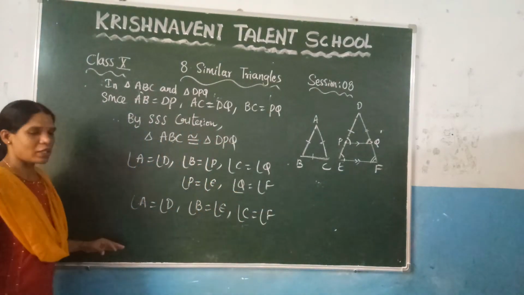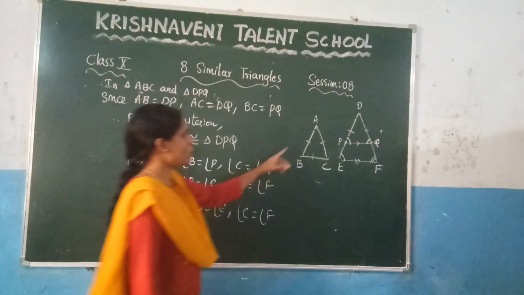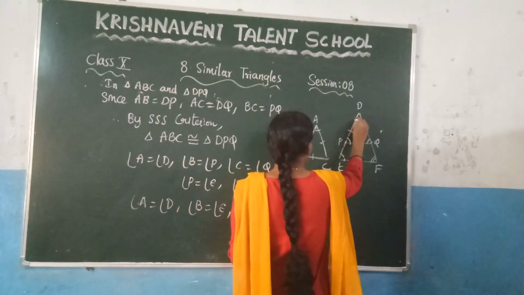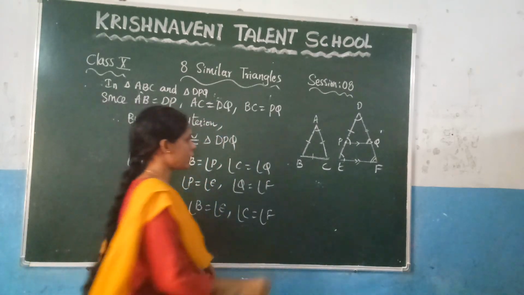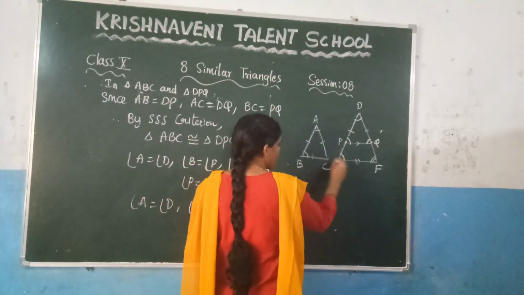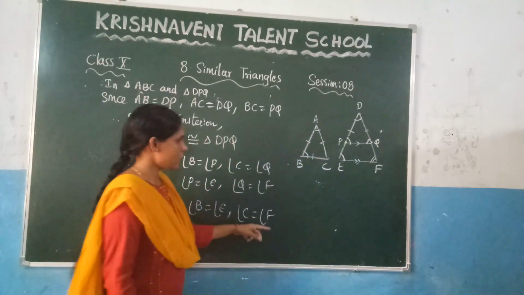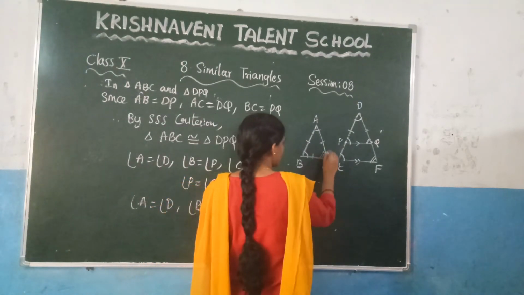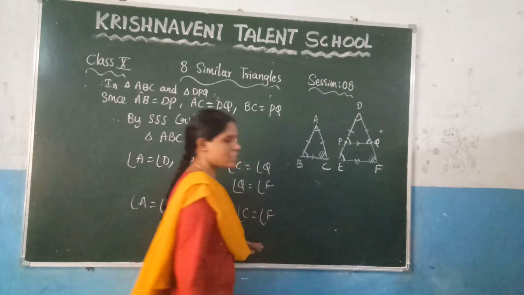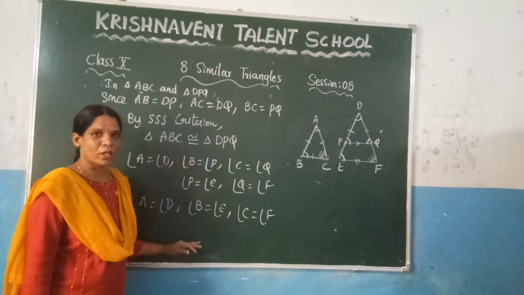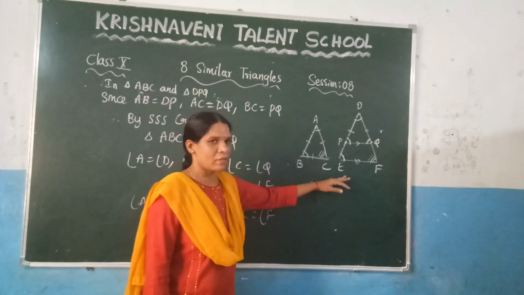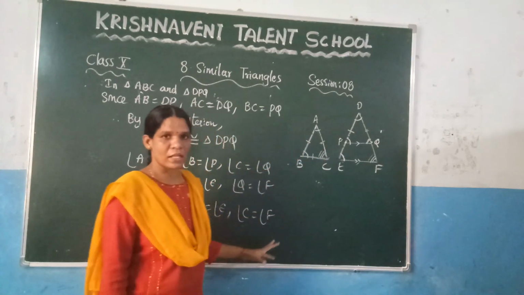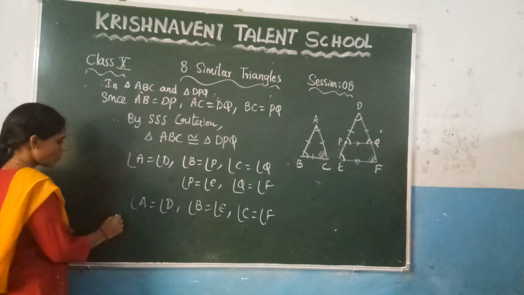So what we got now is angle A is equal to angle D, right? And after that angle B is equal to angle E, and angle C is equal to angle F. This is what we need to prove. So in triangle ABC and triangle DEF, we got the corresponding angles are equal. So here what we got,